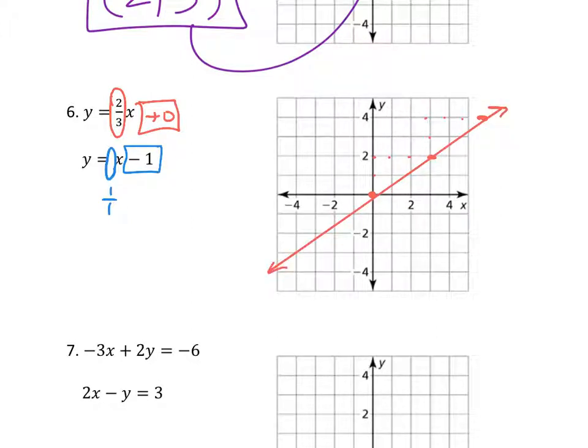There's my graph for the first equation. The second equation begins at -1, goes up 1 over 1, up 1 over 1, up 1 over 1, up 1 over 1. I feel good. I can draw my line now. So I connect those dots together